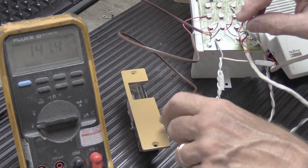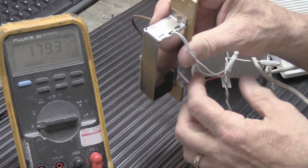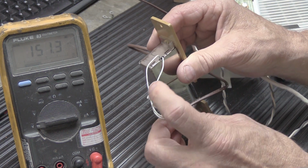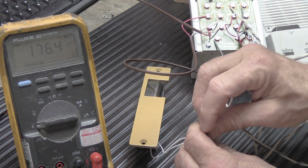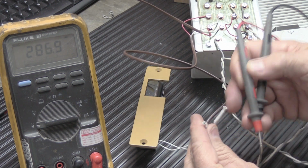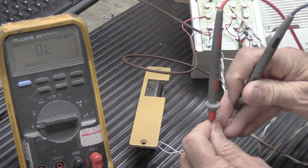So once you get this out of the frame, you'll find that whatever door release you have will have a couple little wires that come out of it, and they'll be attached to the 2 wires that come from your 478 control amplifier. Now what we're going to do is pretty much repeat what we did before. We're going to take our probes, and first I'd like to measure the voltage